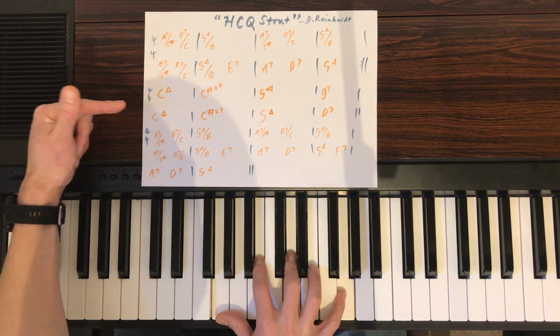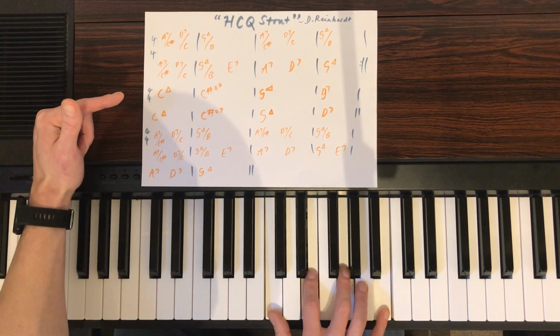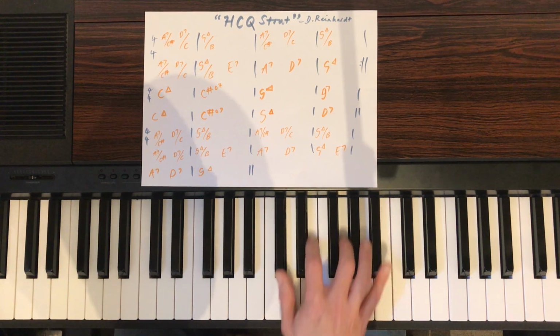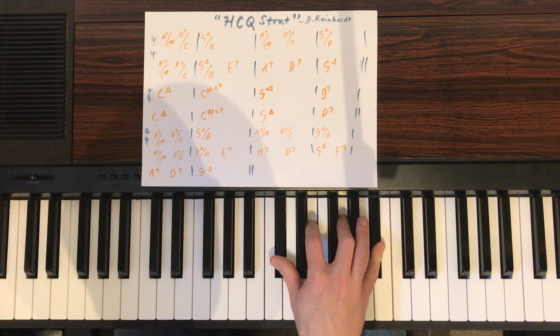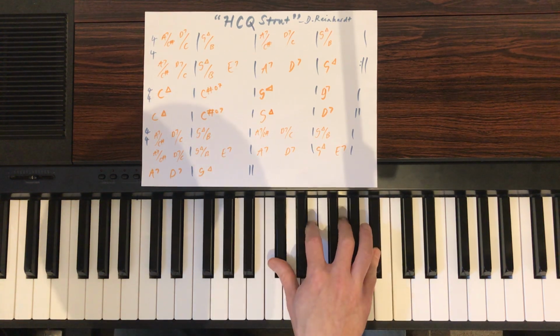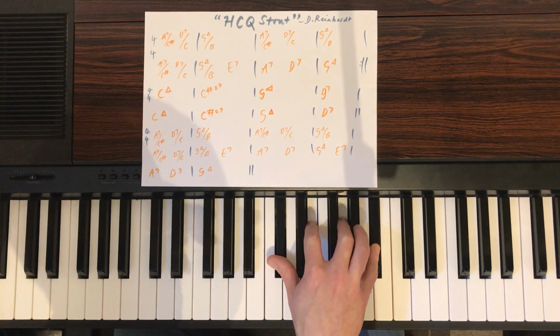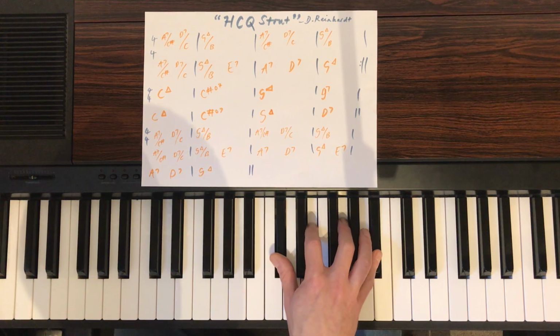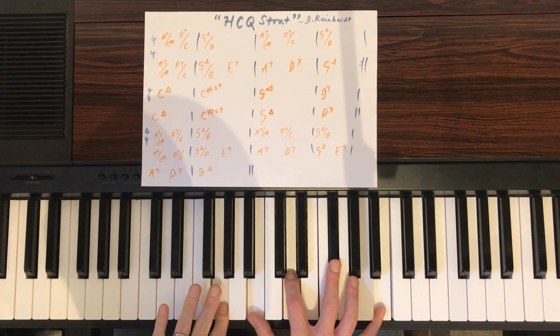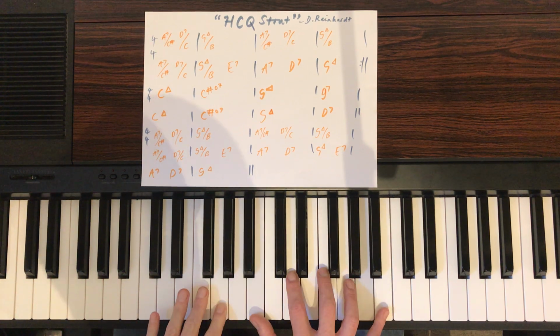Then in this B section here, so C major 7, which is there, C, E, G, B to C sharp diminished. So you can see how the thumb comes up and the pinky goes down. Middle two notes stay the same, so C sharp, E, G, let's call that B flat, I think, head's racing, to G major 7, to G7,